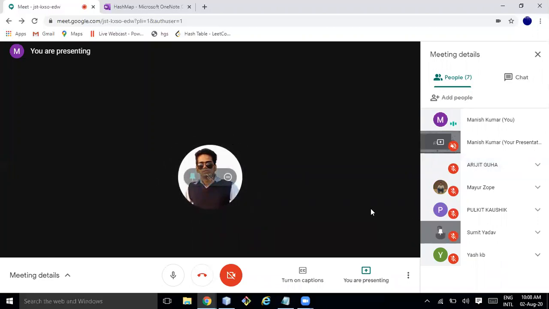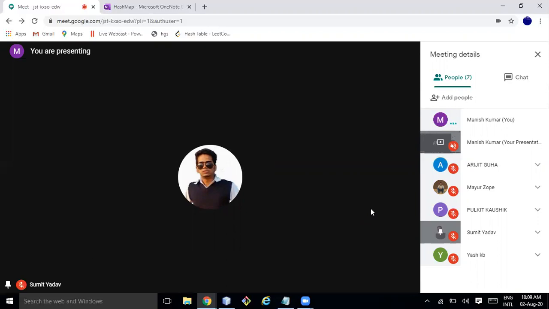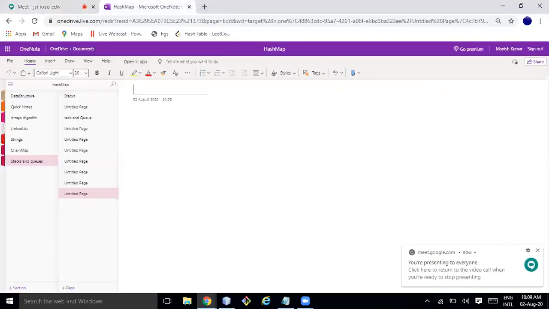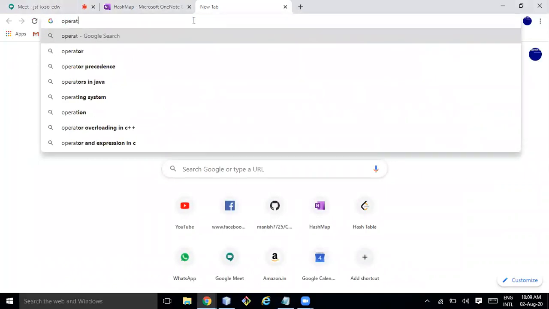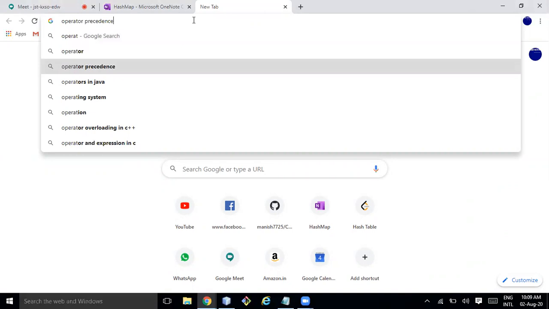Yes, Mayur, Rijit, Pulkit. Like a few of the things, like multiplication has greater precedence than plus and minus. Okay, like those. Let me first share operator precedence with you.